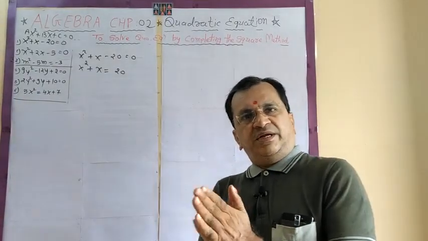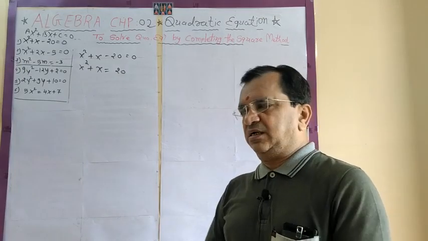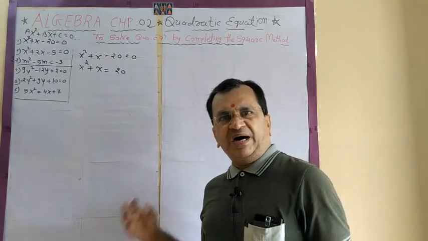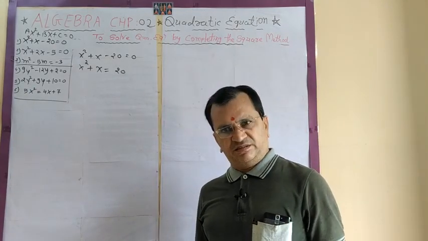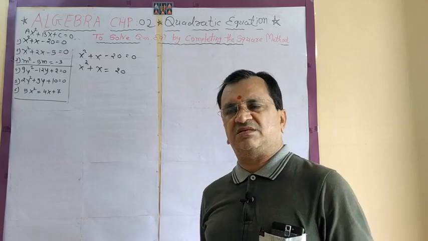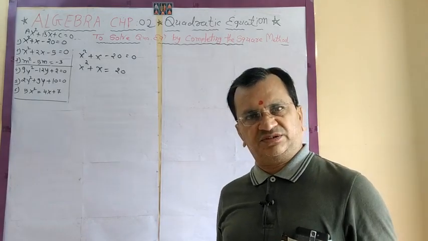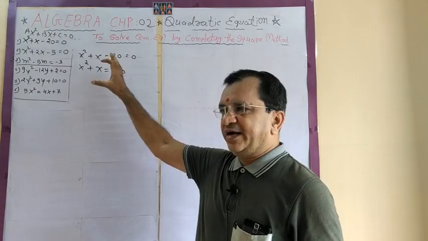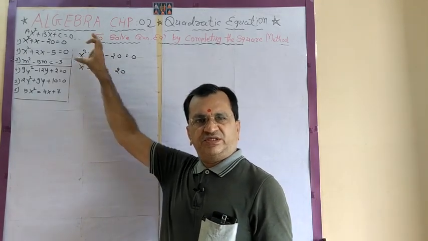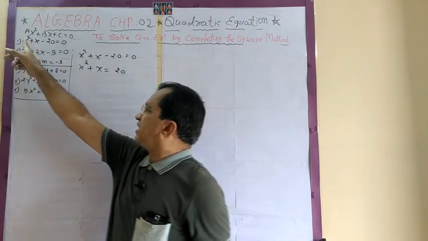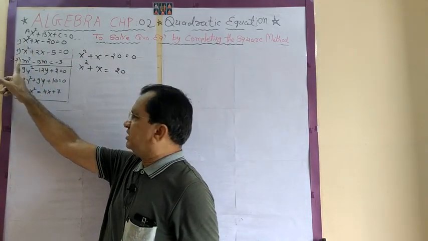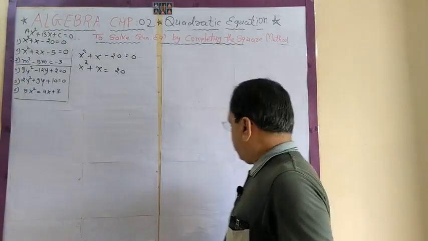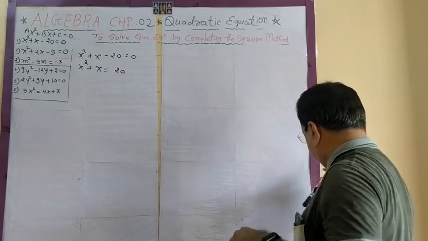Hello, good morning. Today we'll start 2.3, quadratic equation by perfect square method. This method is very important because in the SSC board they will ask one question of 3 marks. So I have divided those 6 sums into 3 parts. First 3, last 3. These are with a equal to 1 only. These are with a different number, 9, 2, 5. Now how to solve this type of question?